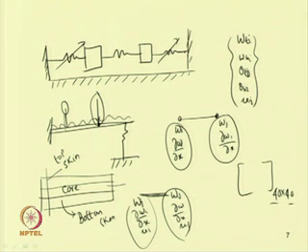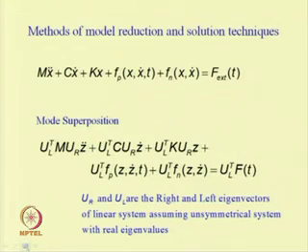In all such cases one has to write the equation of motion taking the external force into account. So let us have a generalized equation of motion. This can be written in the form: m x double dot plus c x dot plus k x plus F_p, where F_p is the force containing x dot and the time varying force. This may be a parametrically excited system also, when it is a function of time and x. Then this is the nonlinear term.